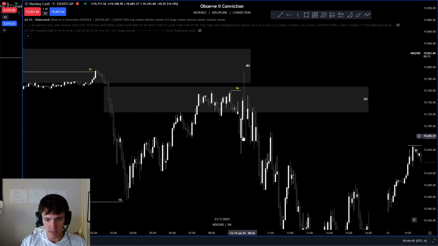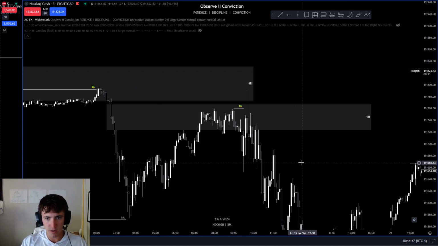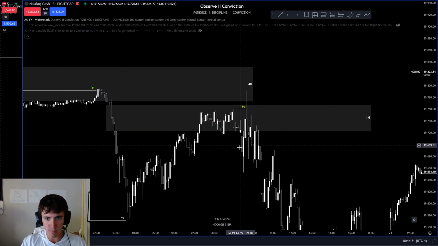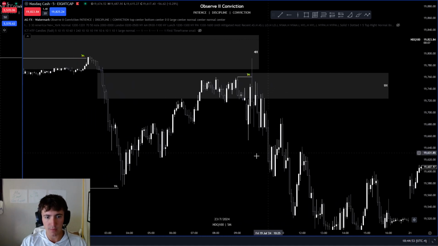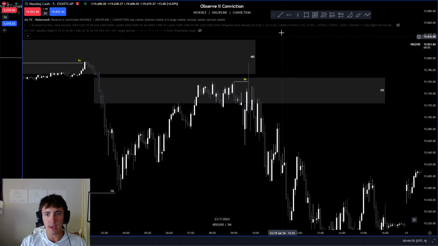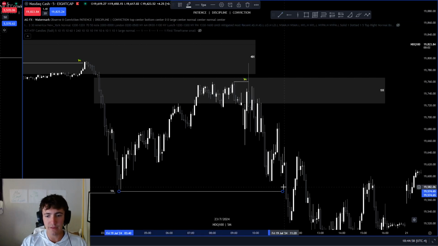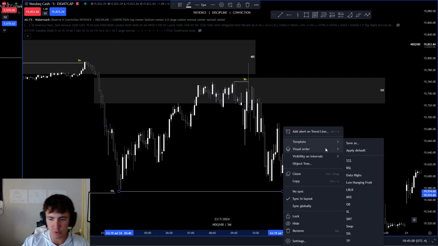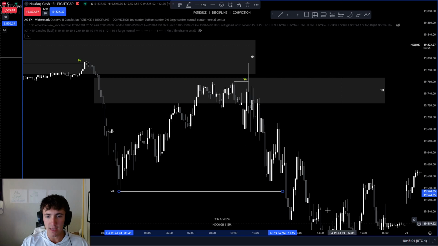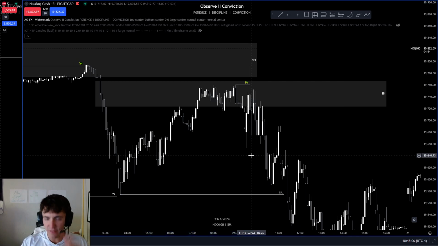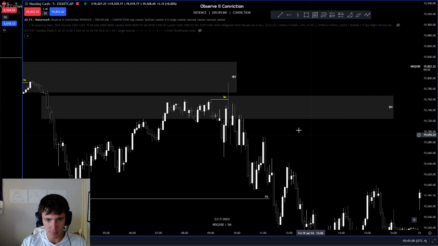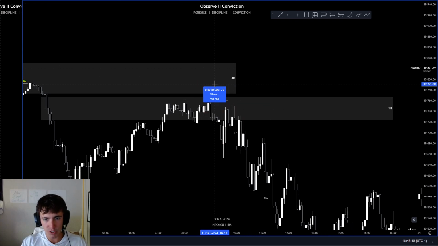So right here, this is right at market open Friday. You have your range. You get a clear turtle soup move, sweep of liquidity, aka manipulation move. Now I'm confident that price is going to go lower. And for example, if I'm confident price is going to go lower after the turtle soup move, where am I confident that price should not return to if my draw on liquidity is correct? If my draw on liquidity is correct and we have a bearish turtle soup, price should not go back above